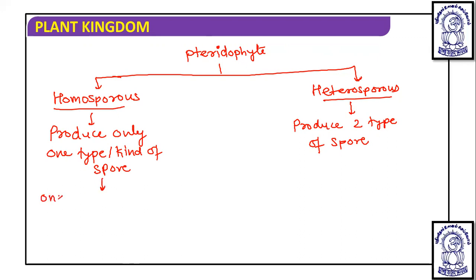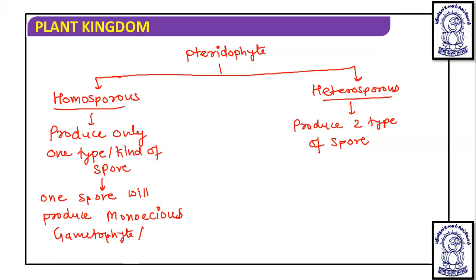This one spore will produce a monoecious gametophyte or prothallus. And this single prothallus or gametophyte has both the male sex organ, that is antheridium, and the female sex organ, that is archegonium. But in heterosporous,